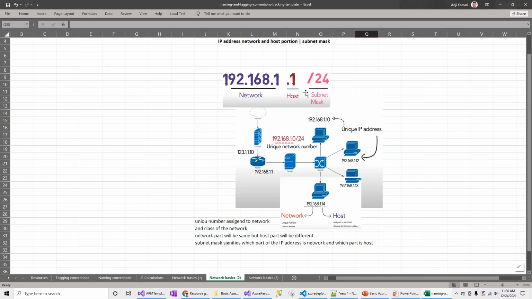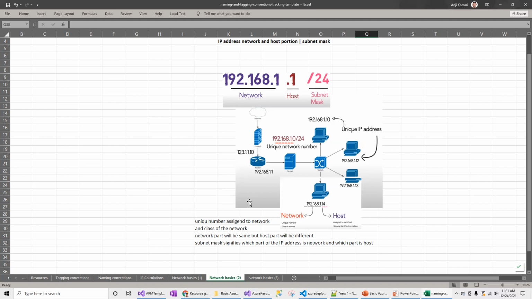The 24 bits are reserved for the network ID. So think of it this way. Let's say you have a corporate network using a virtual network with 192.168.1.0 series /24. That means /24, which is 24 bits. The first 24 bits are for the network IP address, and the remaining 8 bits are used for your host IP addresses. The network ID is unique for all the devices within that subnet.